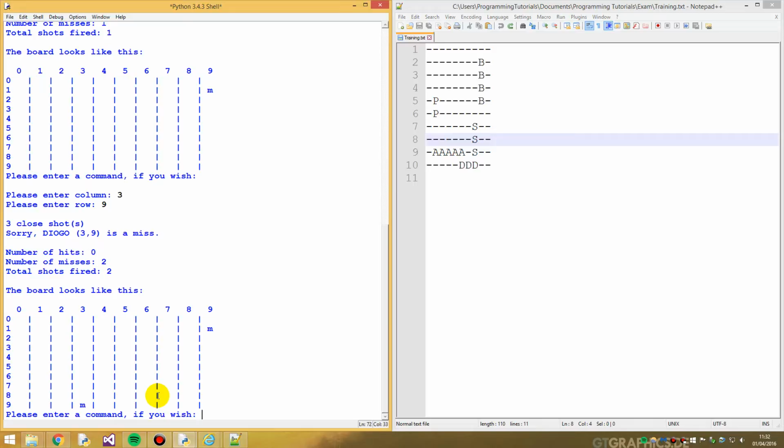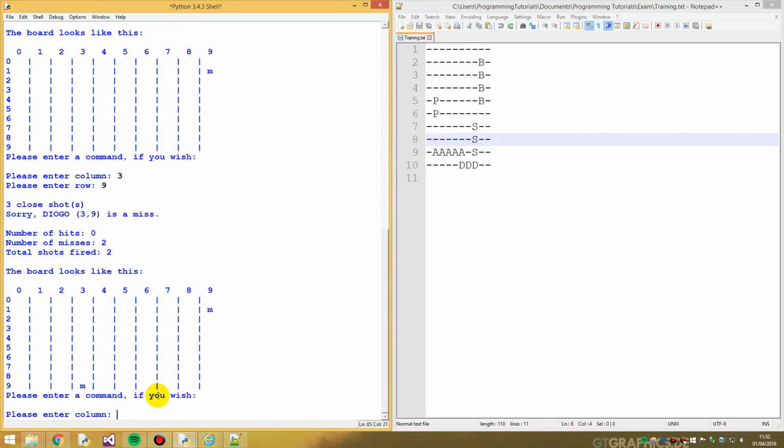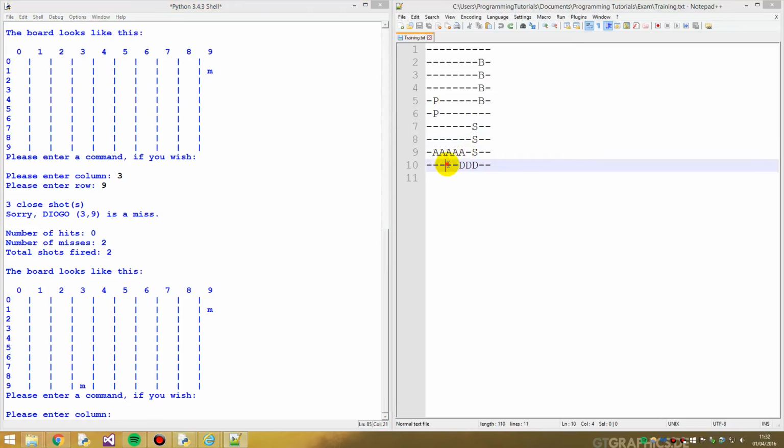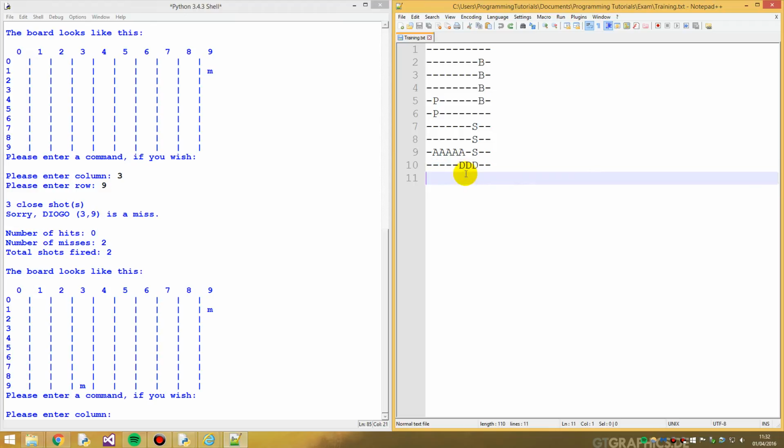And oh, am I mistaken? Minus was minus. Oh, miss. Oh, because I hit over here. Okay, yeah, so the hit was over here. Okay, 3 close shots. So yep, there will be 3 close shots because we'll be 1, 2, and 3, and you won't get this one because it's 2 squares. But yeah, so you got 1 over here diagonally right over here. You got another right above, and you got another diagonal right there. So yeah, that's it